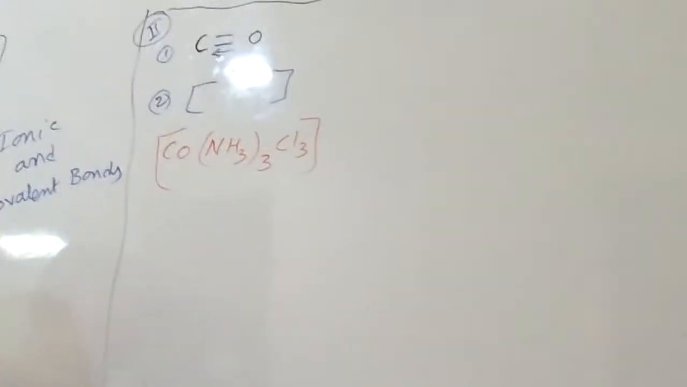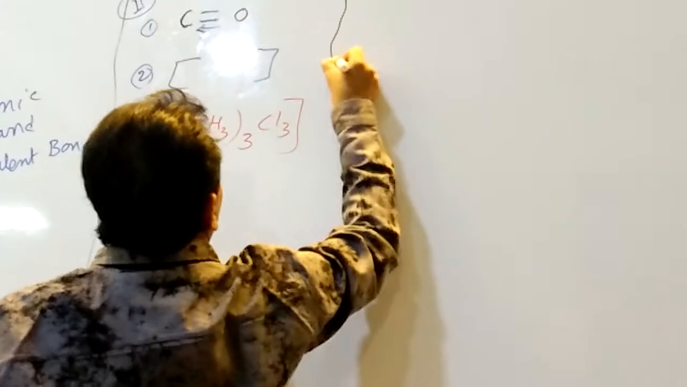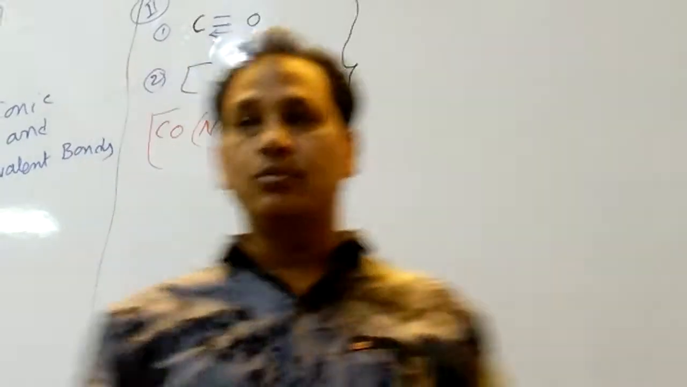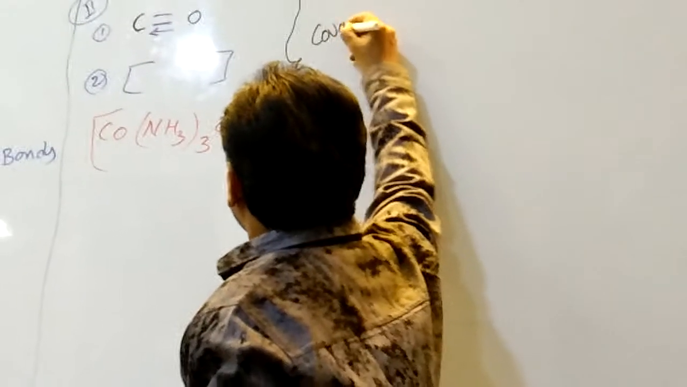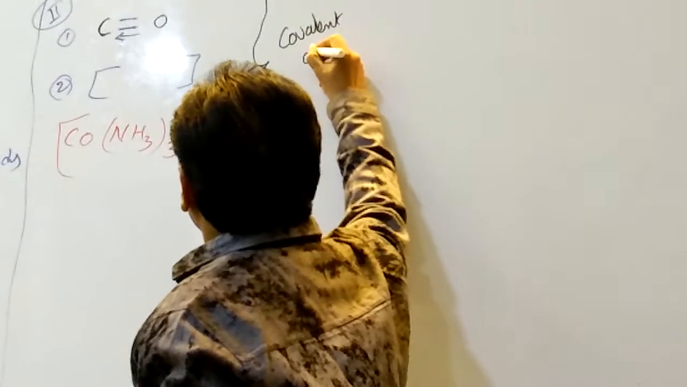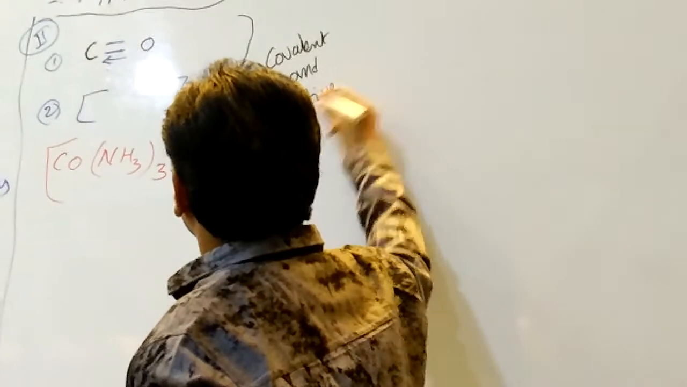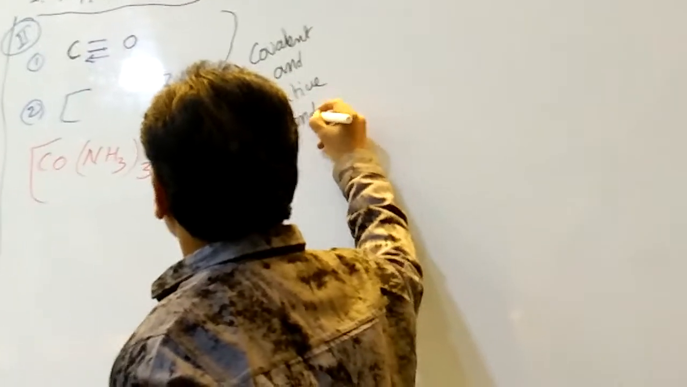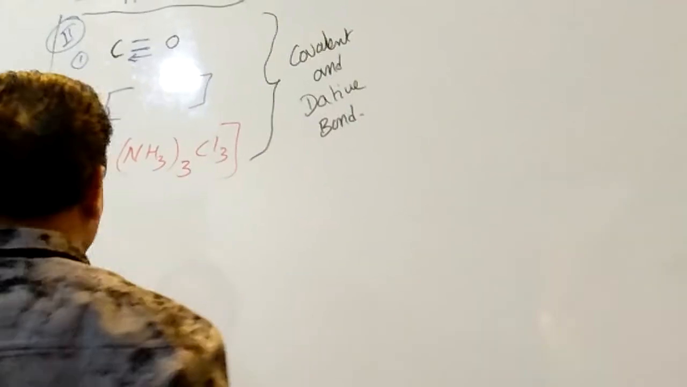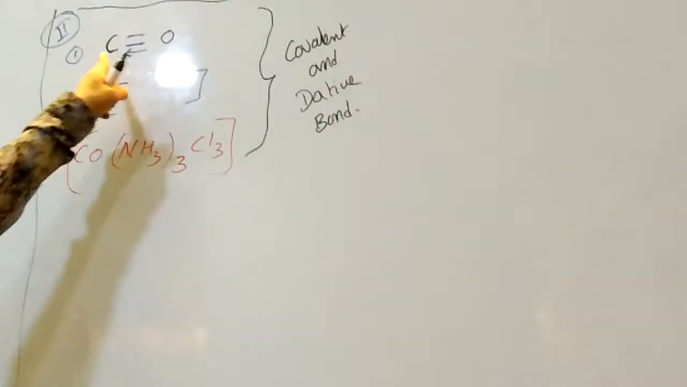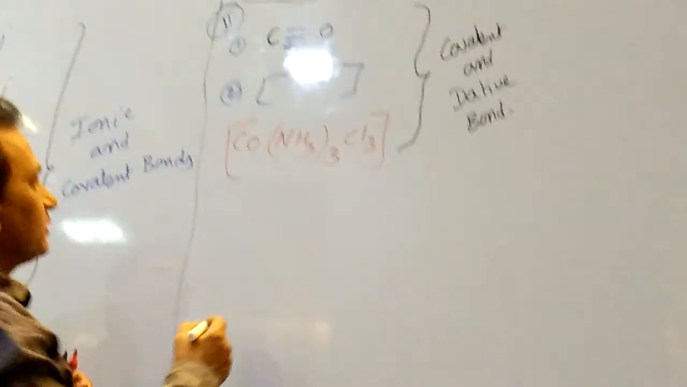What type of bond is present? In this case, they contain covalent bond and dative bond. Covalent and dative bond. Because dash means covalent, and arrow means dative bond. Like that,